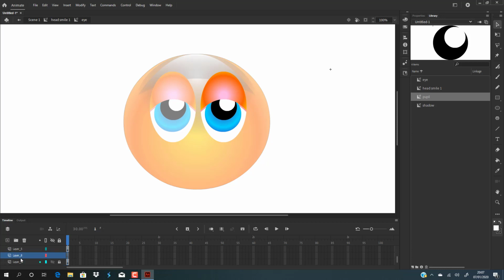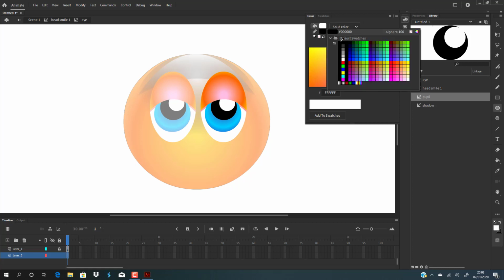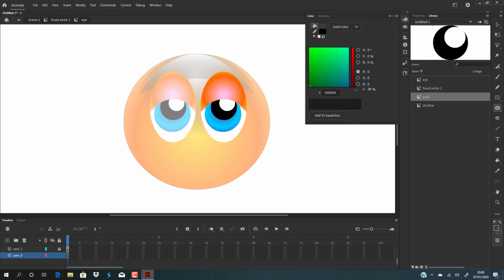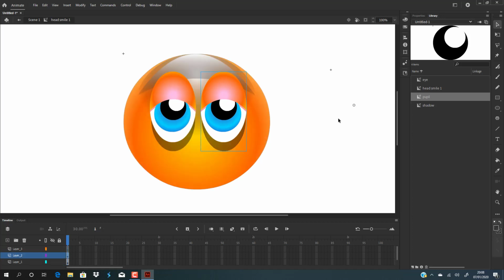Add a layer right at the bottom, underneath everything. Grab another circle, and this is the start of being detailed with shading and graphic, etc. So what I'm going to do is select total black and bring the alpha down to 40% and just give the eye a little bit of shadow, like he's stoned or something. So that's the eye,